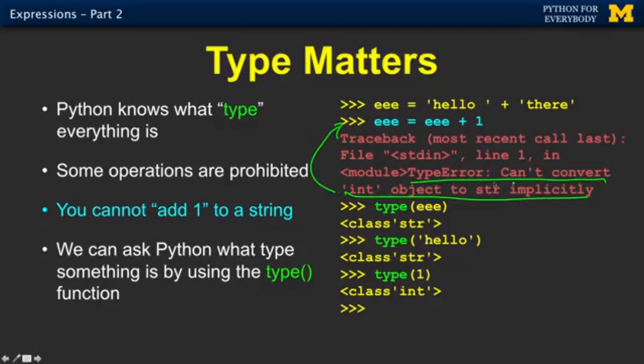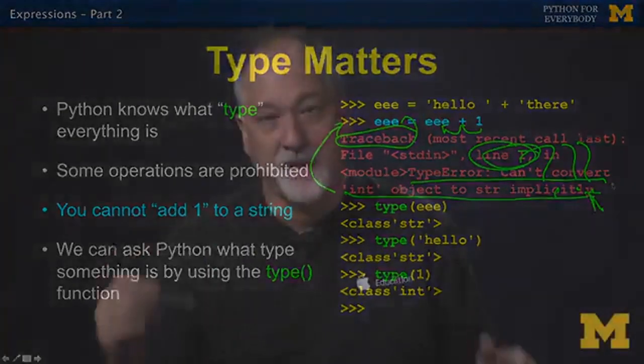It says, I can't convert integer objects to string implicitly. So it's like you have told it to do something, combining a string and an integer, and Python is like, I am lost. But I'm giving you as much clue as to how I got lost, what got me lost, where I got lost, and what caused me to get lost. And Python is trying as hard as it can to